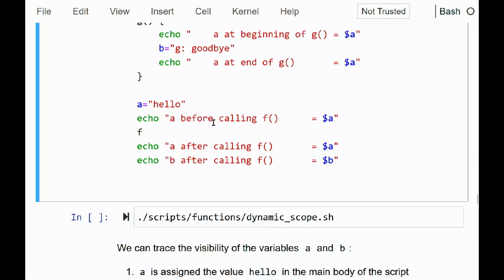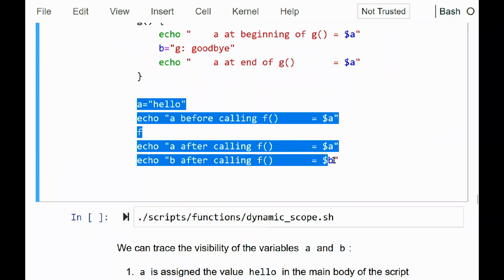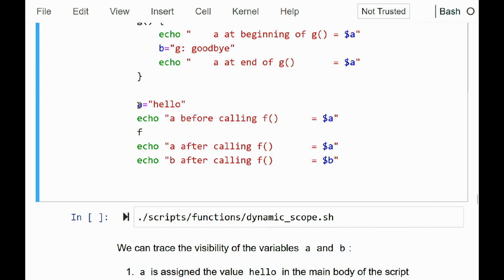Okay, so here is the main body of our script. Our script starts running at this point here. So a is set to hello. Hopefully if we print out a here, it's hello. We then call our function f. Now remember, even though we didn't pass it a, f can still see a,